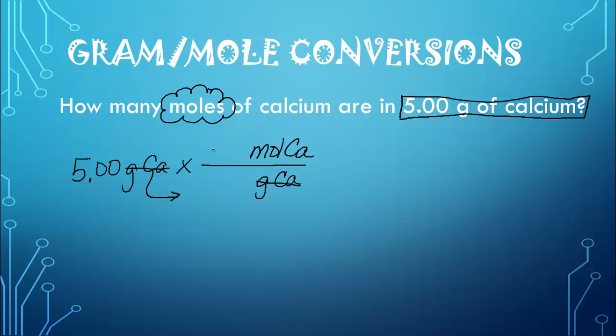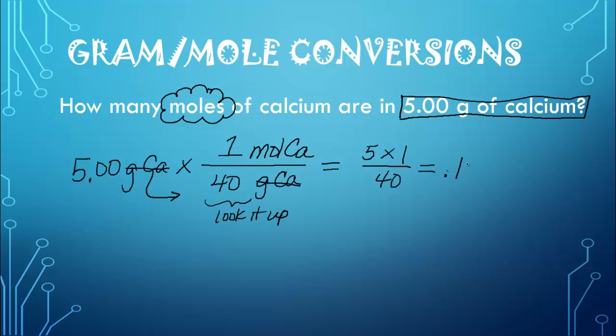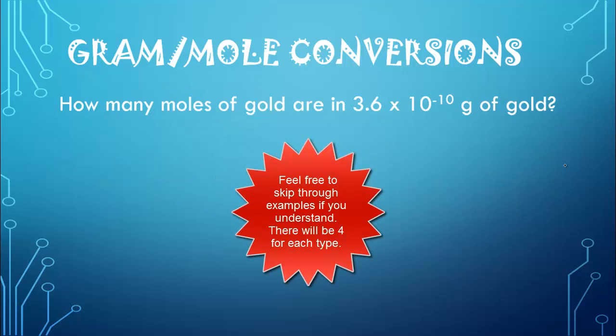And now again, we add our numbers. Always 1 mole. Grams of calcium we look up, which is 40. So again, we look it up, and then we do the math. So again, 5 times 1 divided by 40 will give us 0.125 moles of calcium. Our last example, how many moles of gold are in 3.6 times 10 to the negative 10th